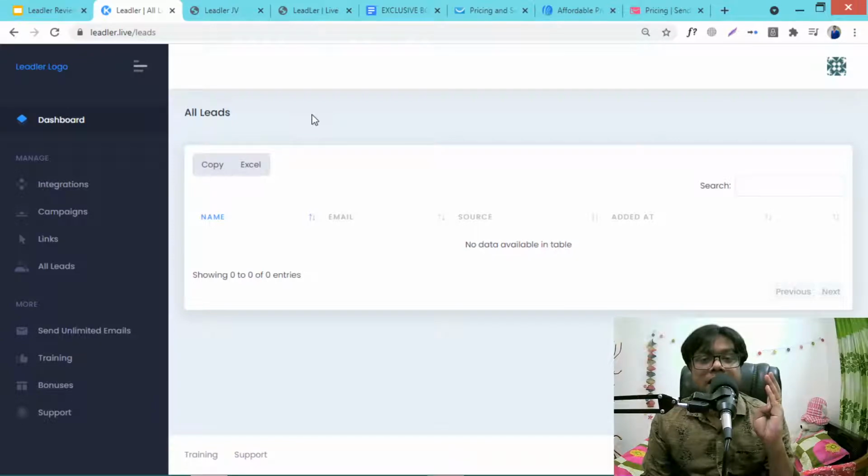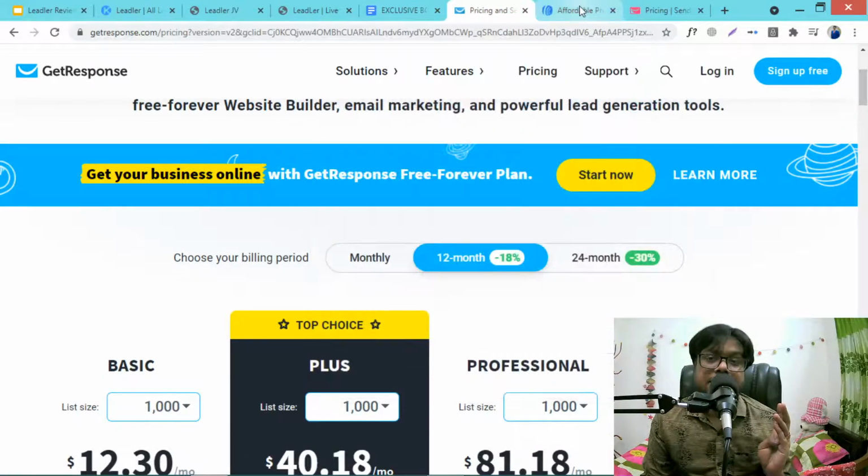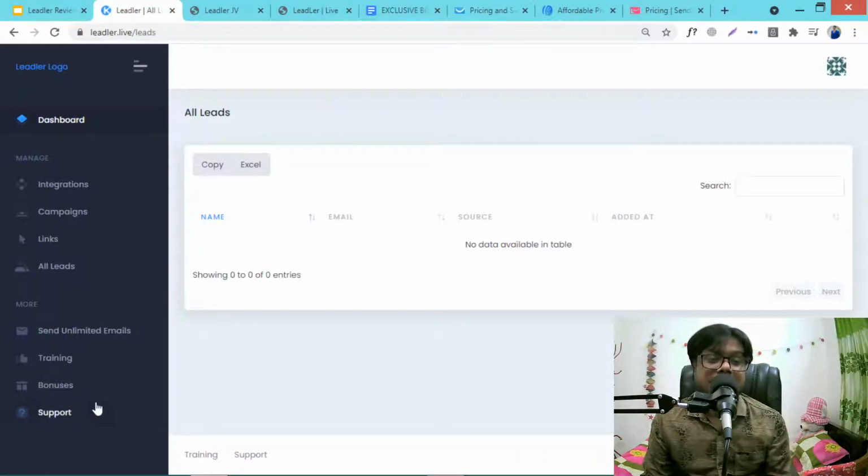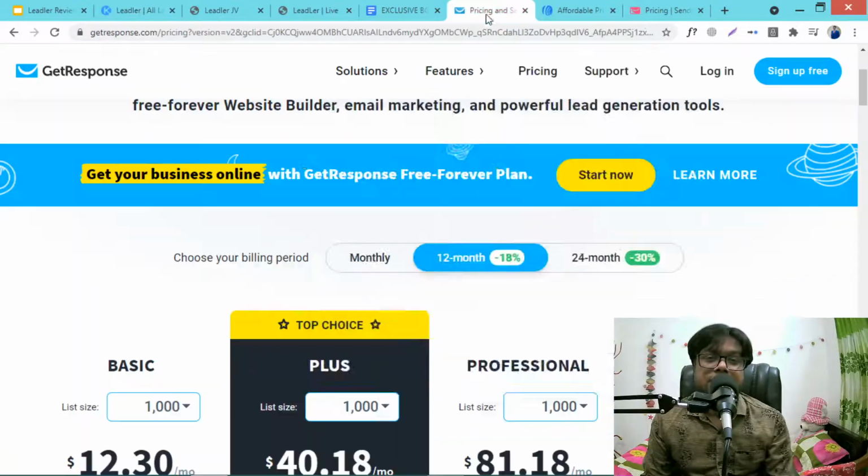You have the option to import email, which most email marketing software doesn't allow, but you can import your unlimited email list into this and send unlimited emails for just a one-time fee, and you don't need to pay any monthly fee. And you can also customize your emails with a drag and drop email template. So you have everything.